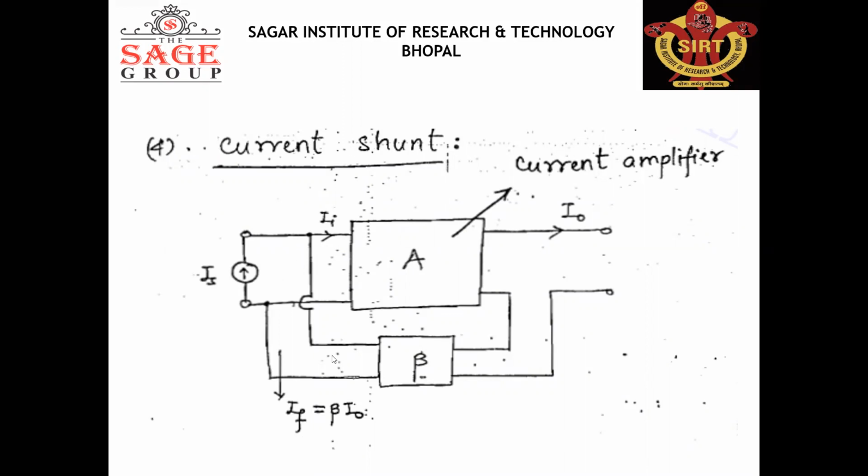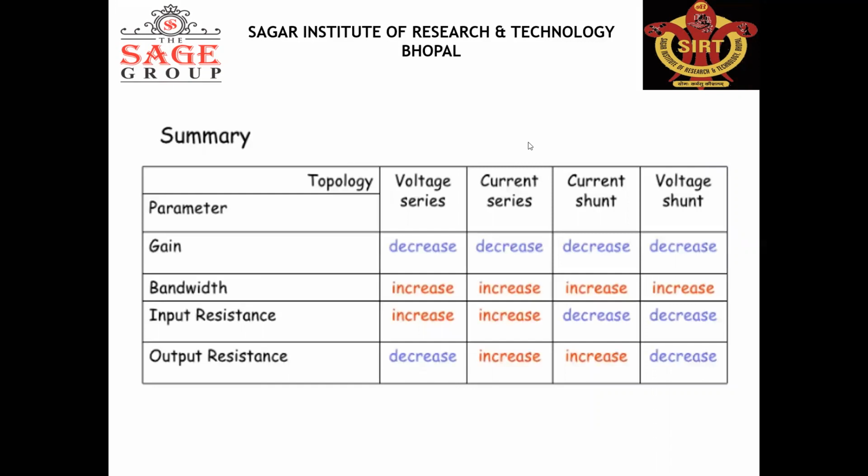The input and feedback should be connected in shunt, and since it is shunt, both signals, input and feedback, should be in the form of current, right? And since the output is current and input is current, that's why it is known as a current amplifier. And this is the summary